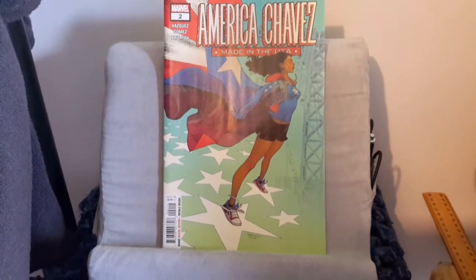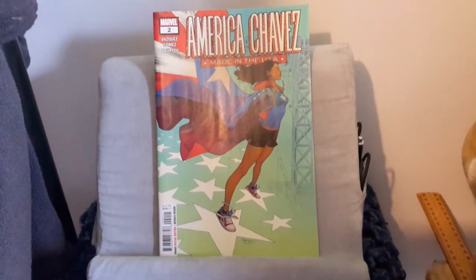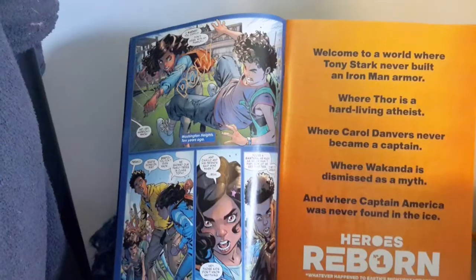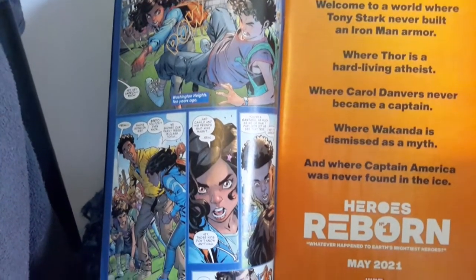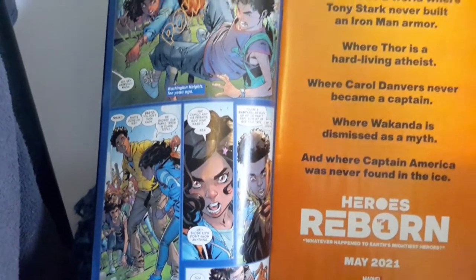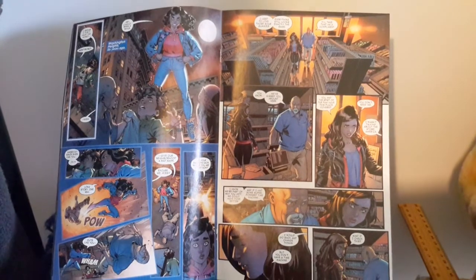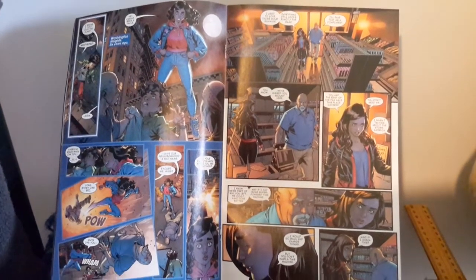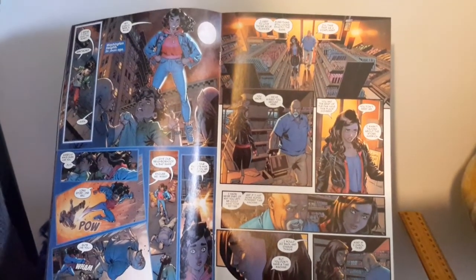Now, in regards to the internal art, let's have a look at the beginning, middle, and end. Starting off with the beginning now. This is some art at the beginning of the story. I'll now move to the middle. This is the art exactly in the middle of the story. I totally enjoyed what was done here,